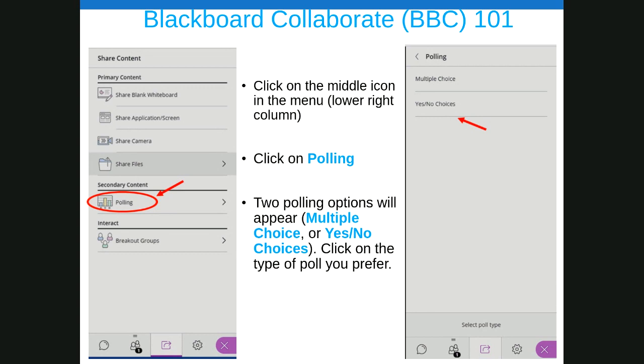So what I recommend you do is have your poll question, and maybe the options, in a soft copy of your document, whether it's a PowerPoint or a Word document. You copy the question, or the stem, or the prompt, from your Word document or your PowerPoint, and you paste it into the poll.